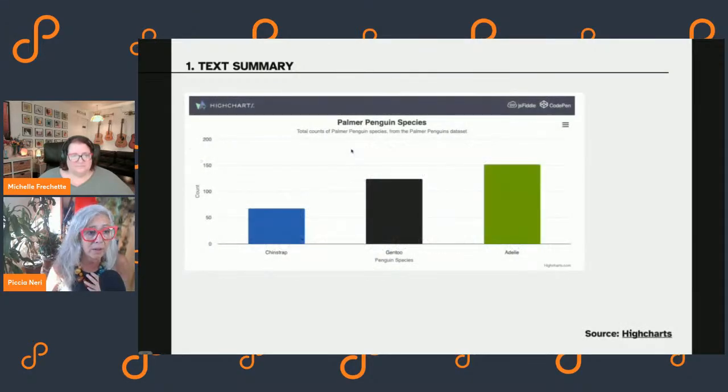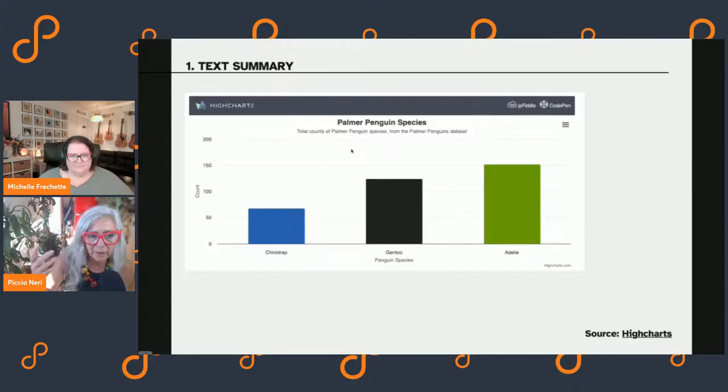So, for instance, in this case, this is a chart from Highcharts, which is a plugin that provides accessible data visualizations. It's like a JS framework. It does lots of stuff. It's really great. It talks about Palmer penguin species, and it says total count of Palmer penguin species from the Palmer penguin data set.